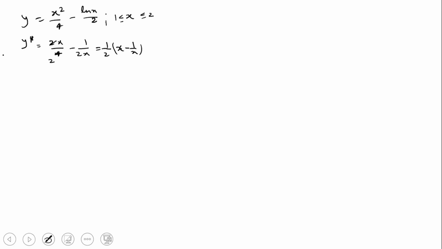Okay. So now let's find out the length of the curve. So formula for length